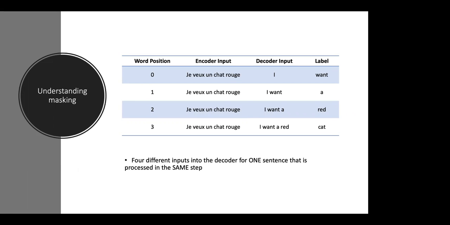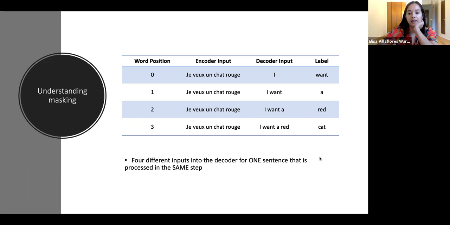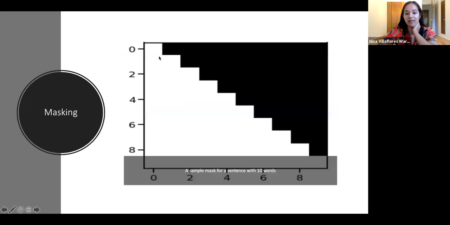You want the output of the encoder-decoder architecture to follow a prescribed pattern. Yes, and you don't want the model to know what the next word is before it guesses it. So that's why I want to mask cat, for example, here, because I want the model to predict cat, and I don't want it to know that cat is coming next. I see. So that's why we do the mask.